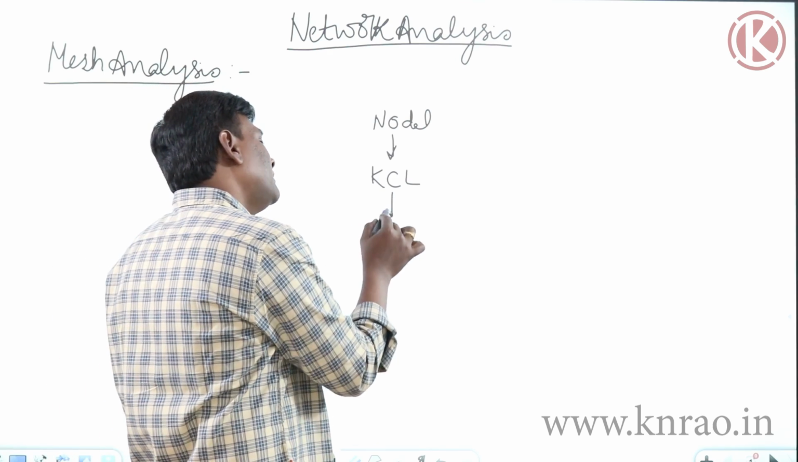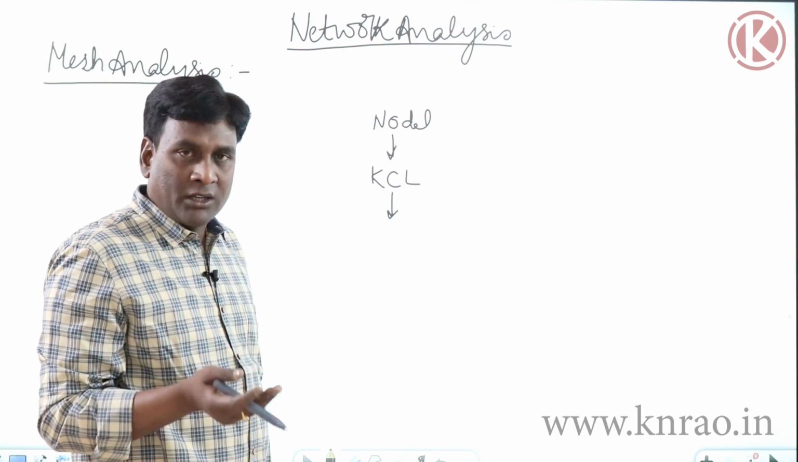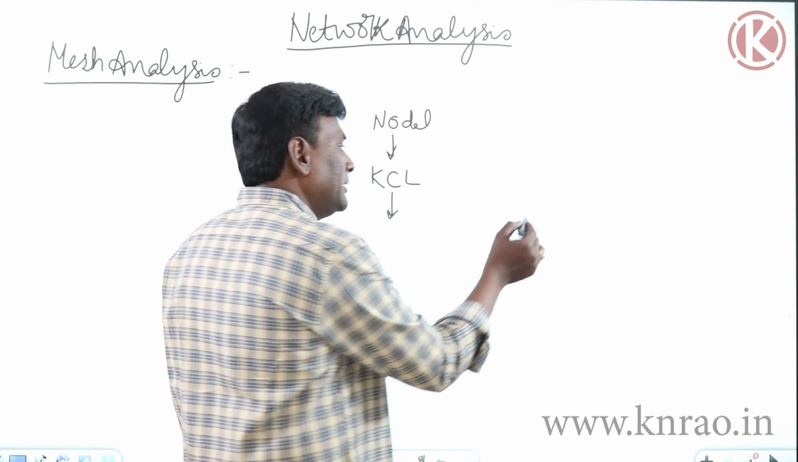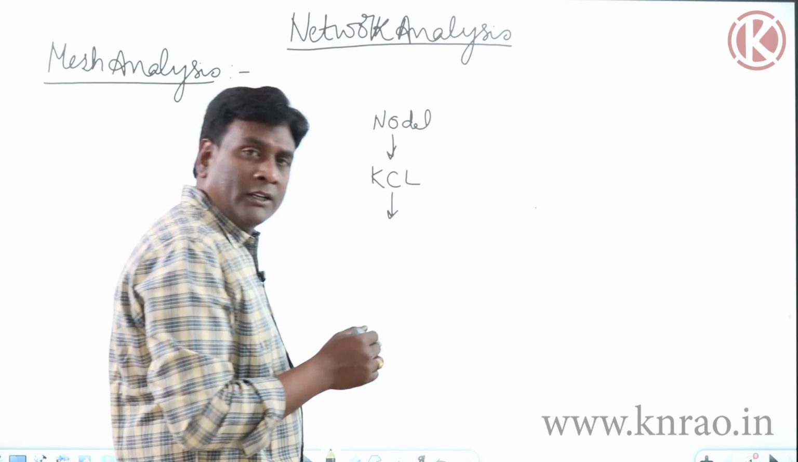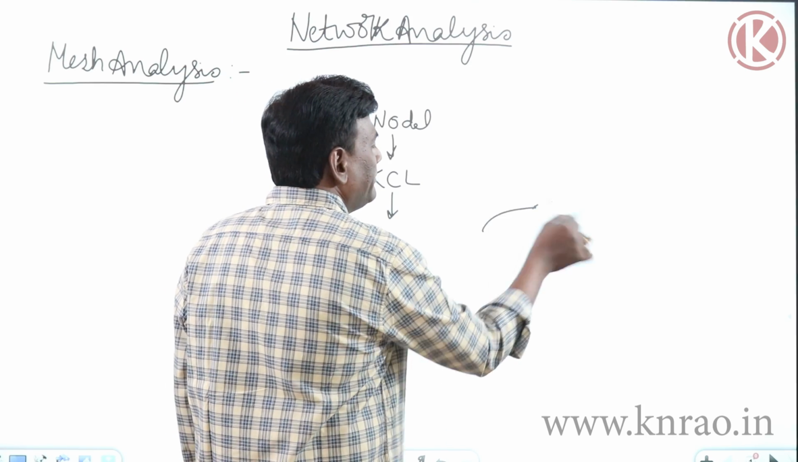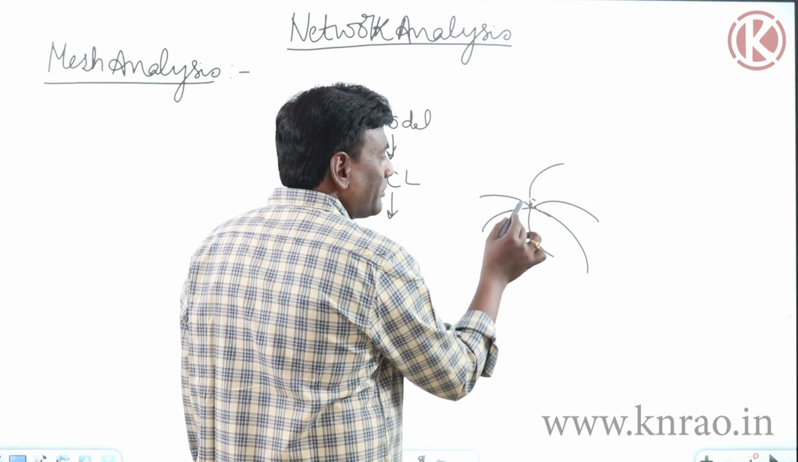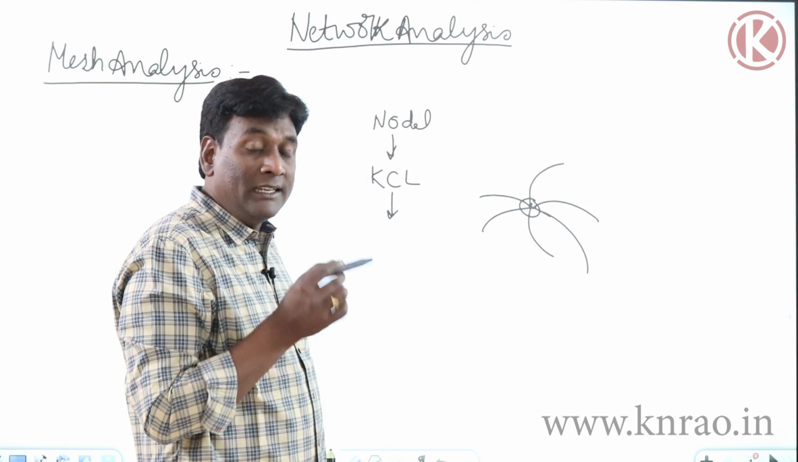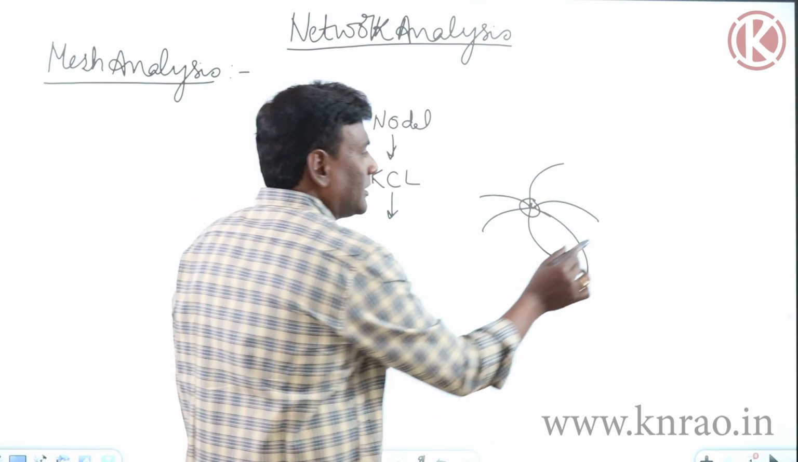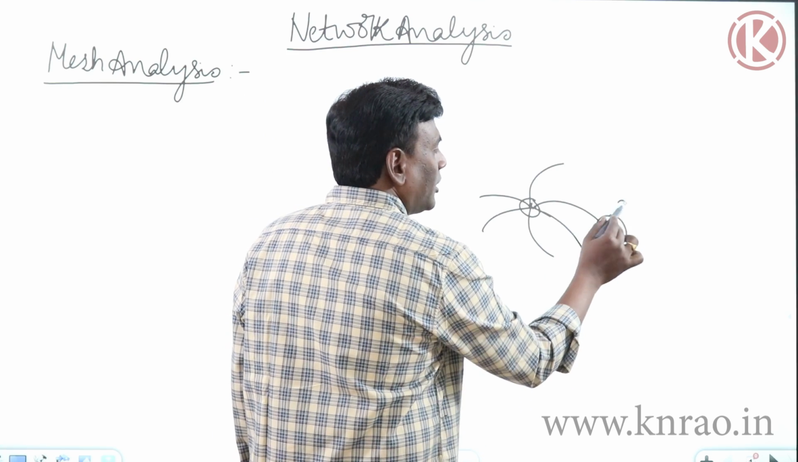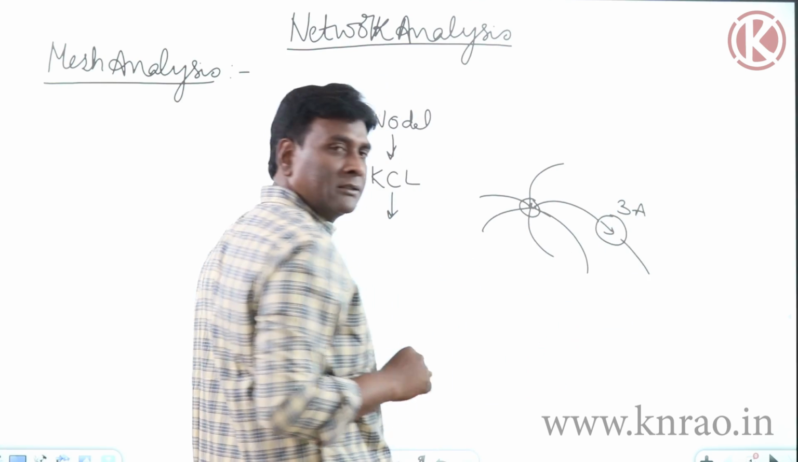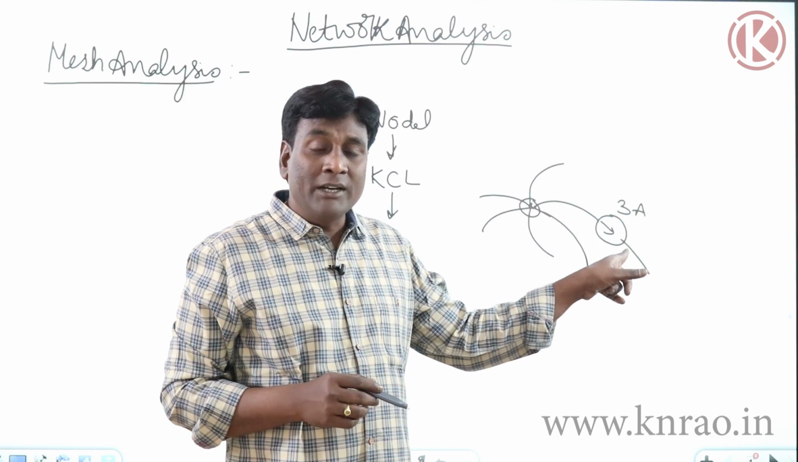What is KCL? It means the algebraic sum of currents leaving a particular node is equal to 0. For example, if I have one particular node, in this node maybe many branches are connected, so we are going to apply KCL here. Currents leaving a particular node are required. For example, if I have a current source of 3 amperes, application of KCL is direct because the current flowing through